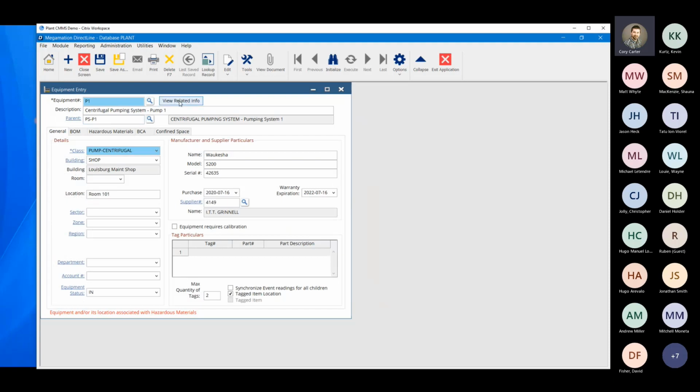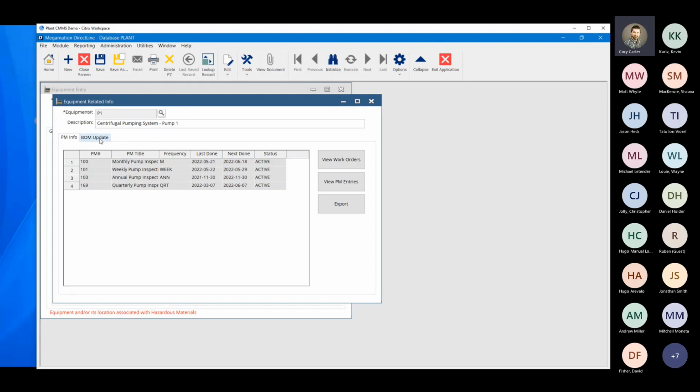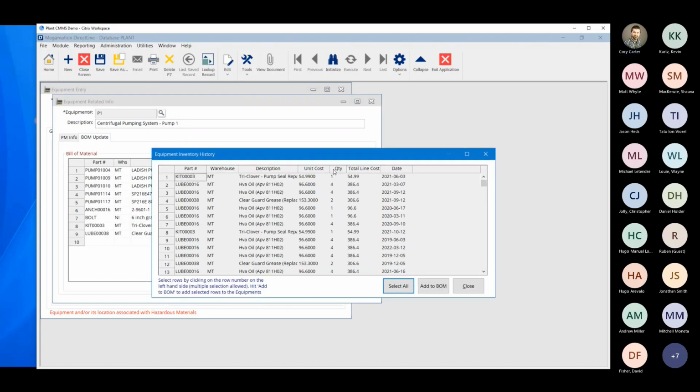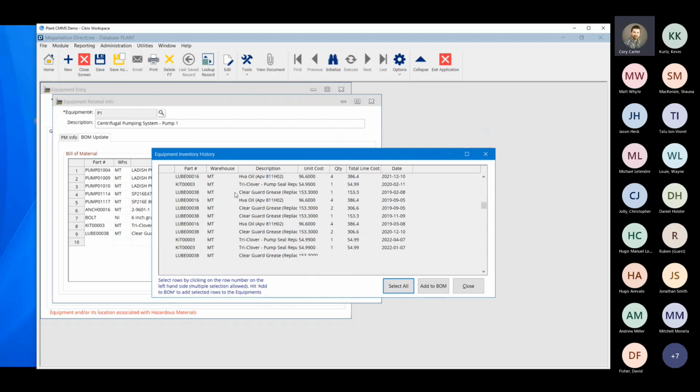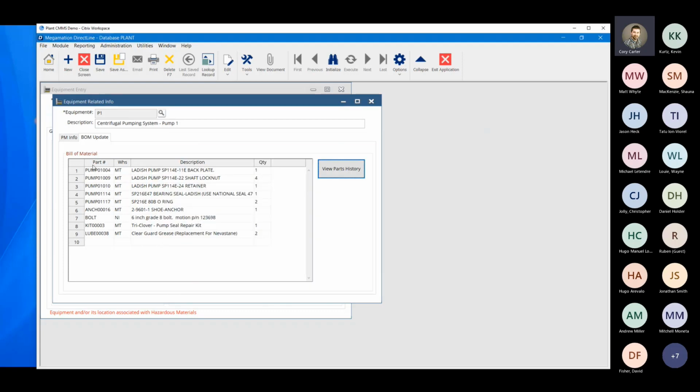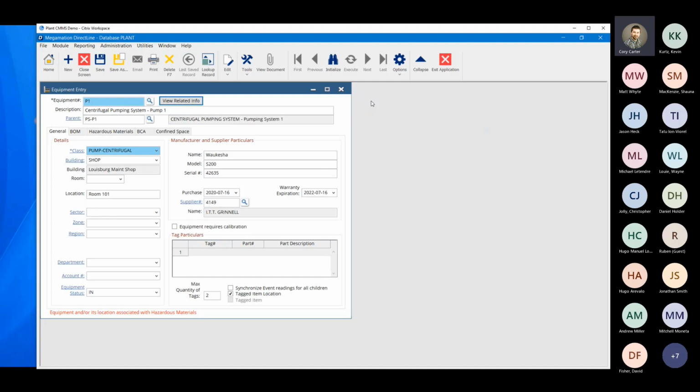And I hear quite often people saying, well, I'd like to use the bill of materials, but is there a way I can find out what parts were used previously on this machine? Well, yes, now there is. We can get that full equipment inventory history right from there. One thing I will mention is this is just inventory parts. This is not going to be anything that was added as a non-inventory part. So it is just allowing you to add inventory parts, but it does let you go through that history and